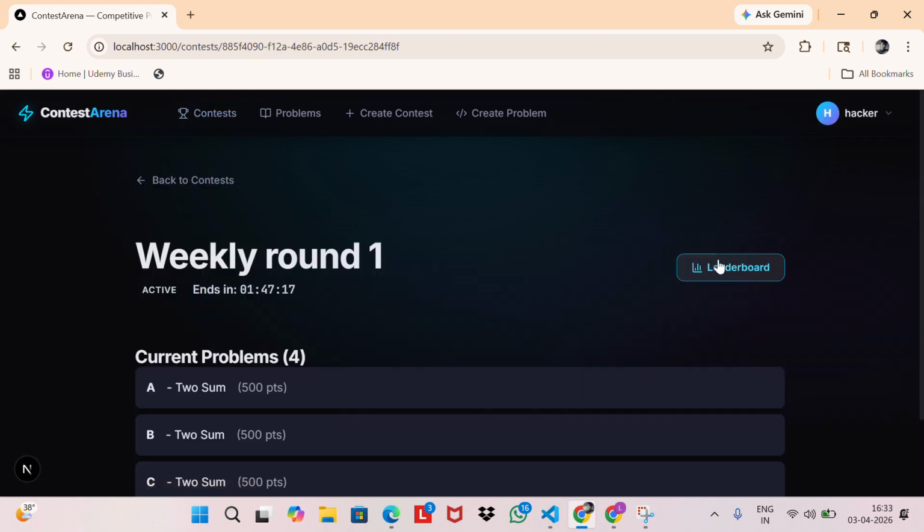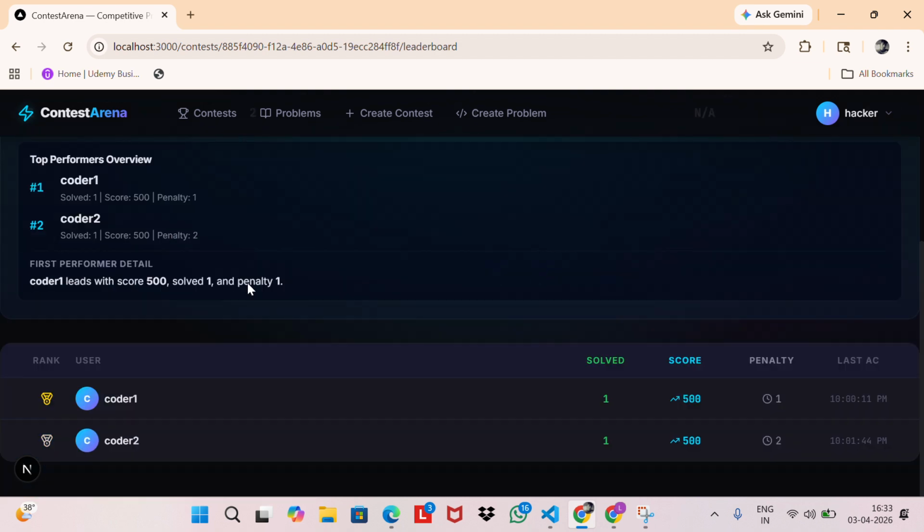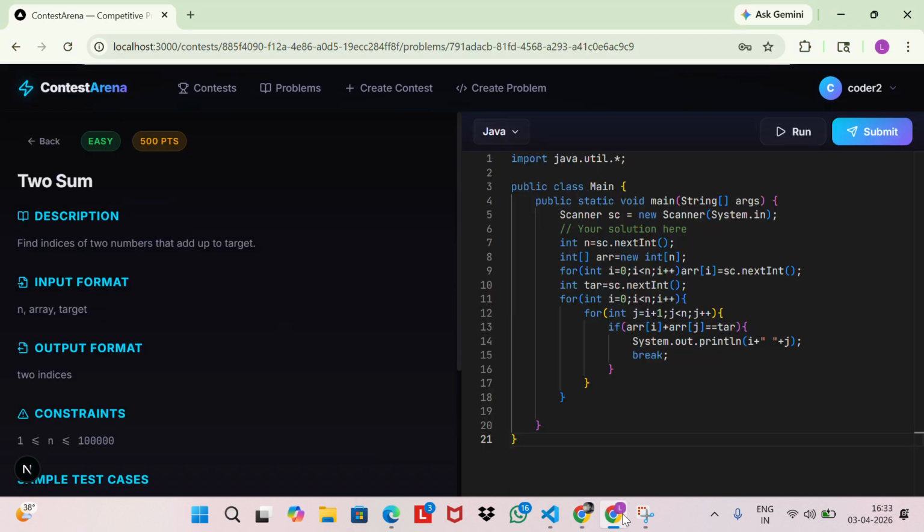This was the contest that is lively running, and this was the owner account that has been created with this contest. And when we go to the leaderboard, we can see that there are two users. These two users are the profiles that have been created in multiple browsers of my laptop, and this coder 1 solved this question and this coder 2 also solved. And now I open the coder 2s and I submit another question,